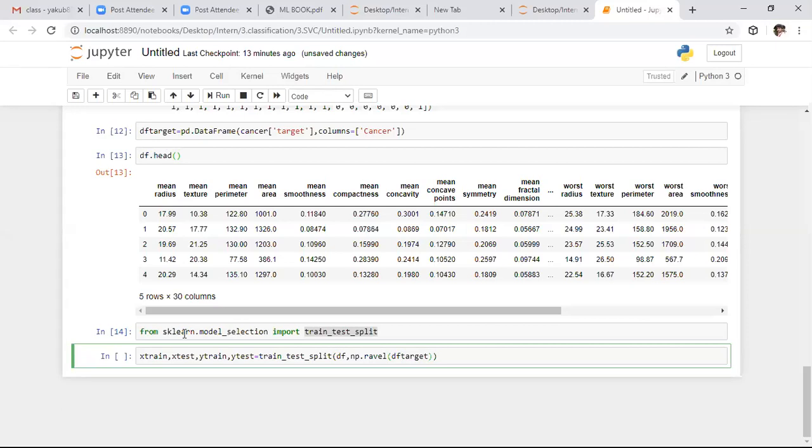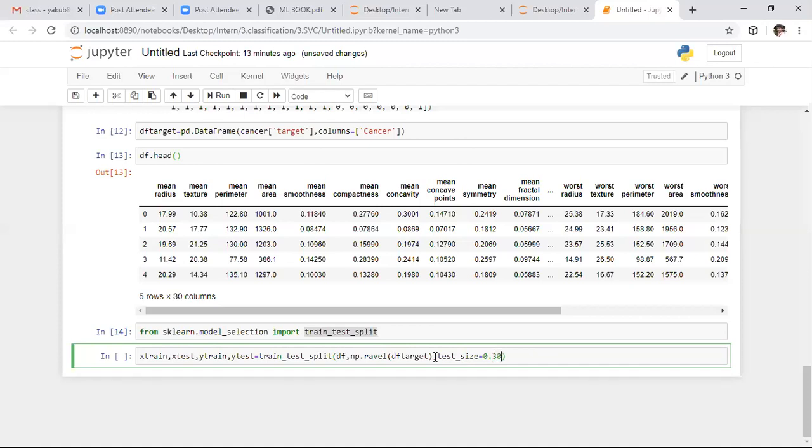So here we need to convert this entire target column in the form of this thing. Don't worry about that. After this, we need to specify the test size. I want to specify test size as 30% data to test the result. So here I'm keeping test size as 0.3. If you keep 0.30, it will be considered as 30% data for the testing and the remaining for training.